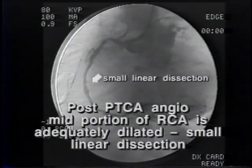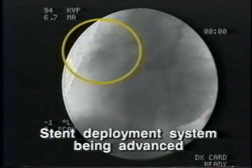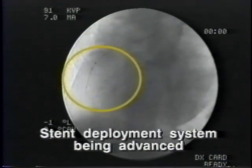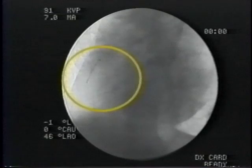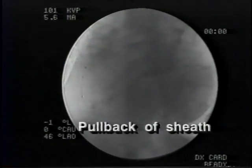After the angioplasty, the mid portion of the right coronary artery appears adequately dilated, but there is a small linear dissection distally. The stent is then advanced within the sheath. Contrast injections are made to be certain the stent is positioned properly. The sheath is pulled back,